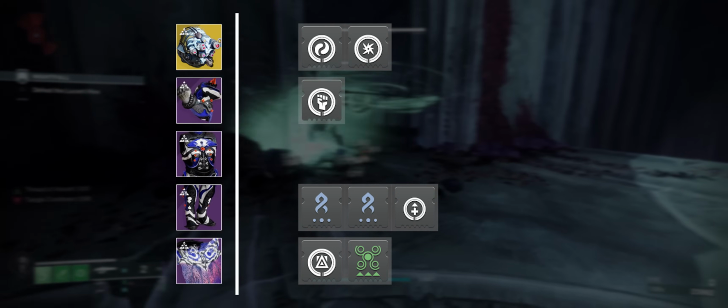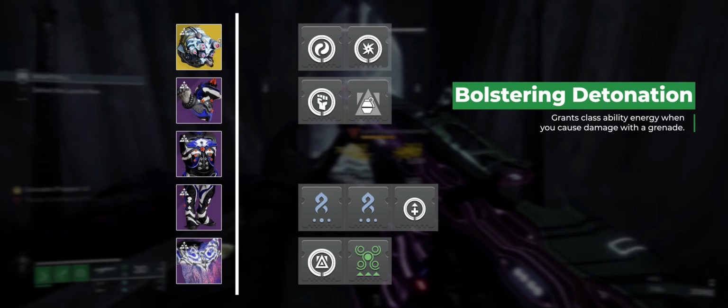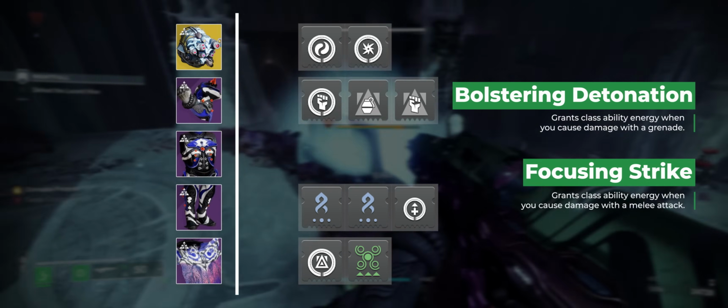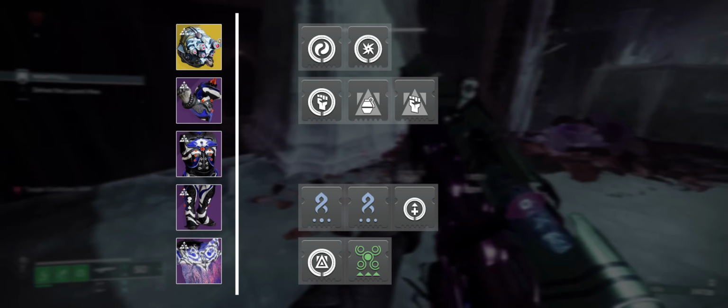To assist our ability uptime, we're using the Bolstering Detonation mod to return 20% of our dodge energy when we connect with a grenade, and Focusing Strike for another 20% when we connect with a melee. Grapple melee counts simultaneously as a grenade and melee ability, and will refund 40% of our dodge when we land